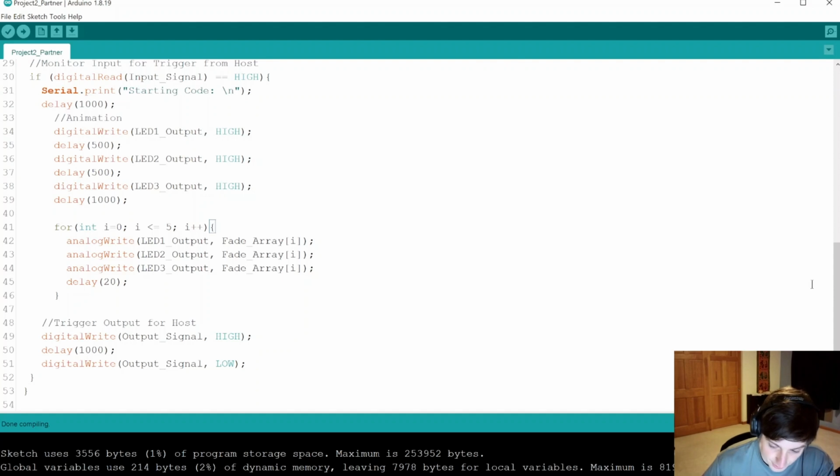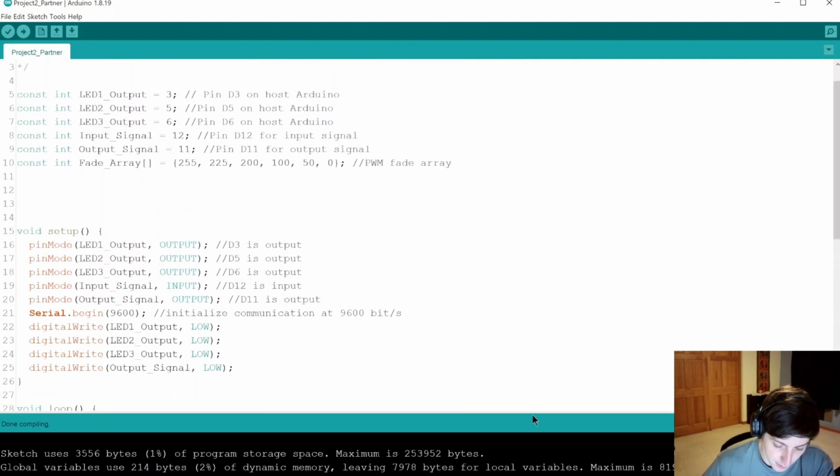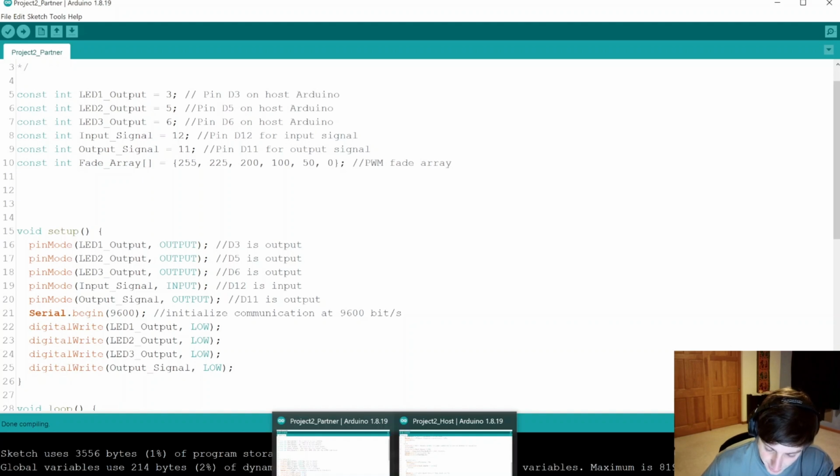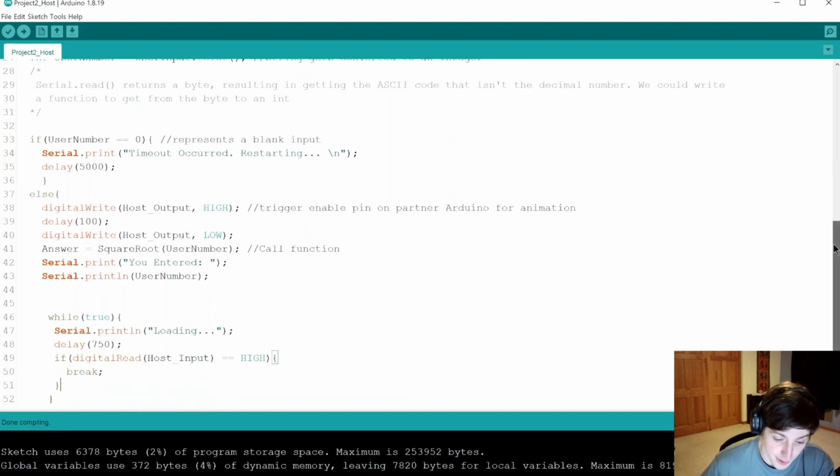Now this code is not perfect. There's a few things we could actually change, and there's a few downfalls to this code, primarily on the handling of the input from the serial monitor. This kind of gets a little bit weird if the user inputs a 0 initially, so that's probably the first thing that you would want to correct. But another modification might be how we're actually reading the input that we get. And maybe even more troubling is this trigger event that we do, so this pulling the output high to low,